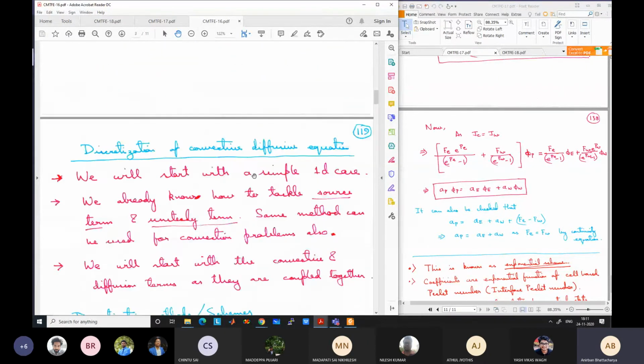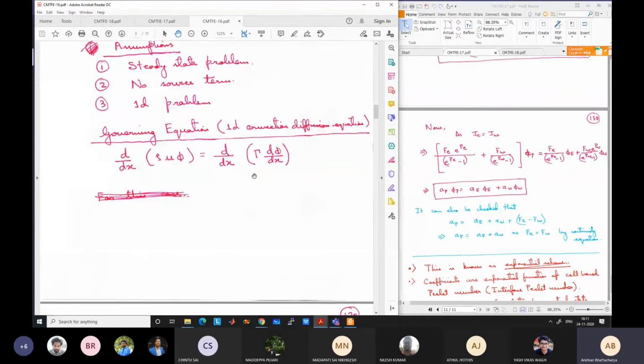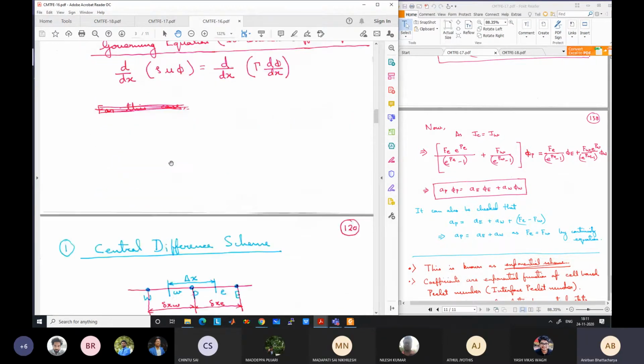And in doing that, we have started with a simple problem, the 1D convection diffusion problem. All these schemes are developed on it, but can be applied to 2D or 3D problems, or problems with source terms, or problems having an unsteady term. The schemes remain the same, because ultimately how we treat the convection term is the main outcome of these schemes.